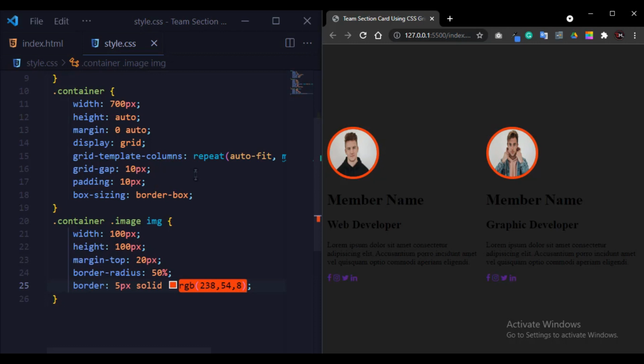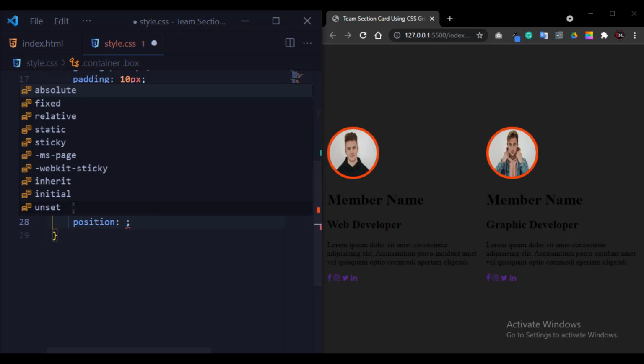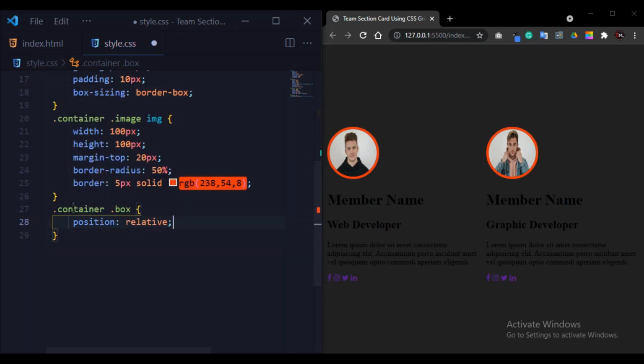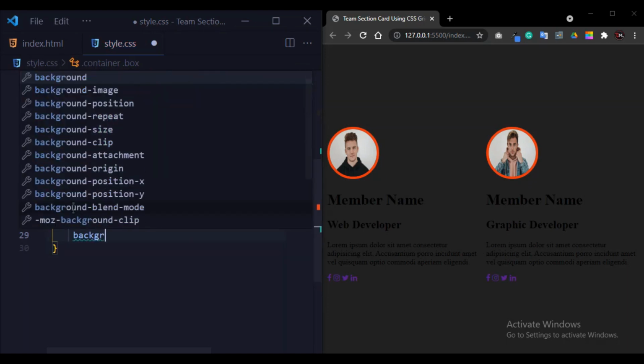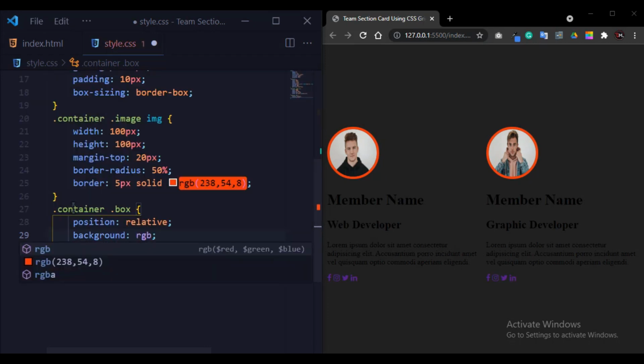So let's do it. So now I will write CSS for the container box. So first of all, position relative, and now I will change the background color of the cards. 241, 238.